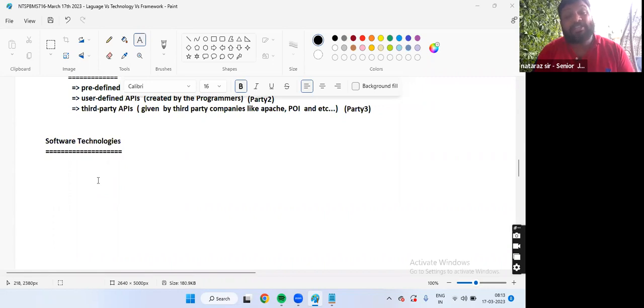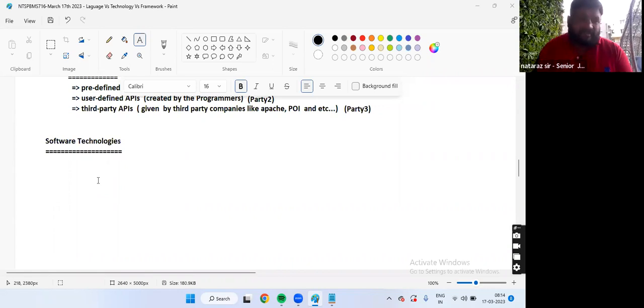I will arrange JDBC driver software. Working with the JDBC driver software is nothing but working with the JDBC API. So technologies are not installable. Technology-based implementation softwares are installable or arrangeable. Working with them is nothing but working with the technologies.